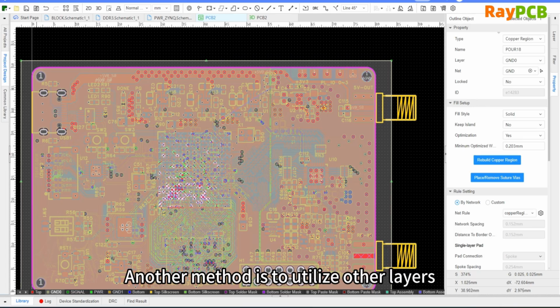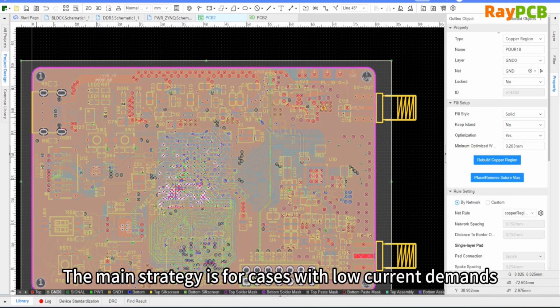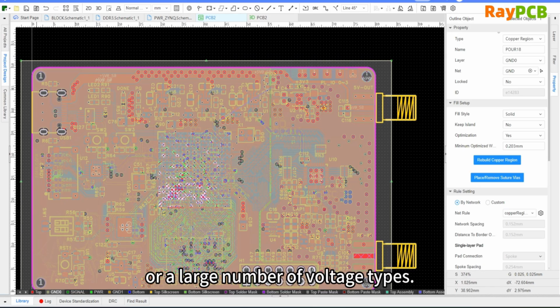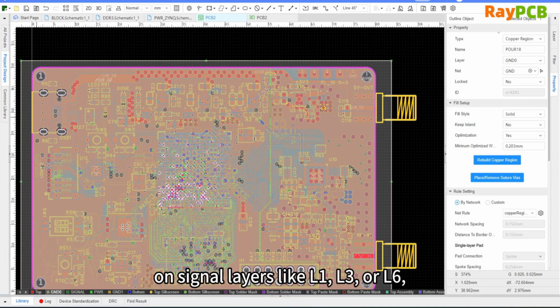Another method is to borrow ground from other layers, or borrow power, or even add more power layers. And then inside the side, for situations where the current demand is not high or there are many different voltage types, besides splitting the L4 plane, we can also work within L1, L3, and L6 on the signal layers, as long as the signals are not restricted,